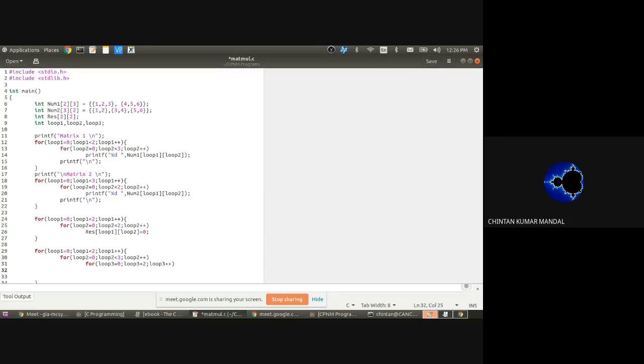My system will actually go something like this. Res, now it will be basically my loop1 and loop3, so my row and my each column, right? So this one will be loop1, loop2 plus equals to